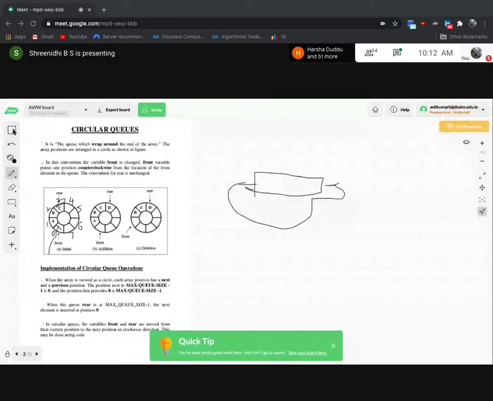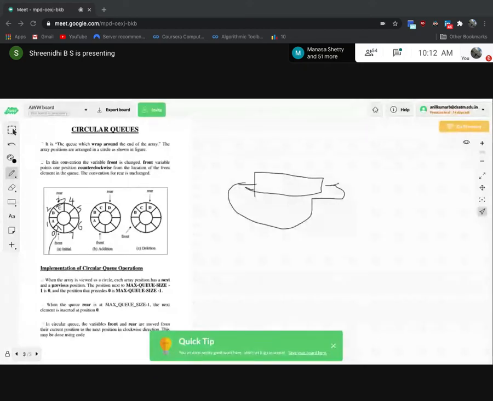The data deleted will be A. Now the queue contains B, C, D. So if you insert the data again, some data will be inserted here, after E, F, G, H. Okay. So now one space is vacant. Now if you increment again, B will be deleted.